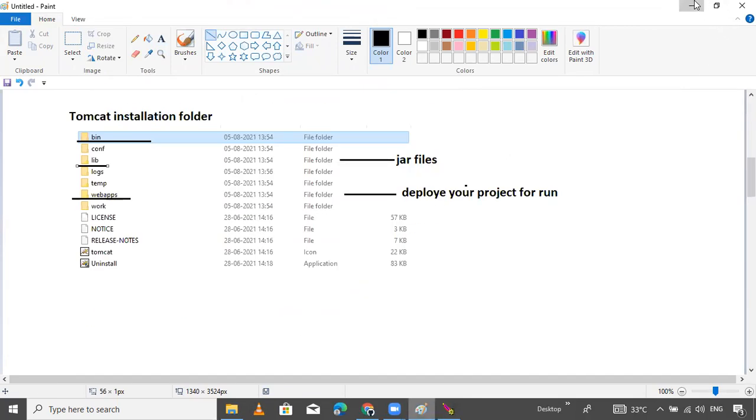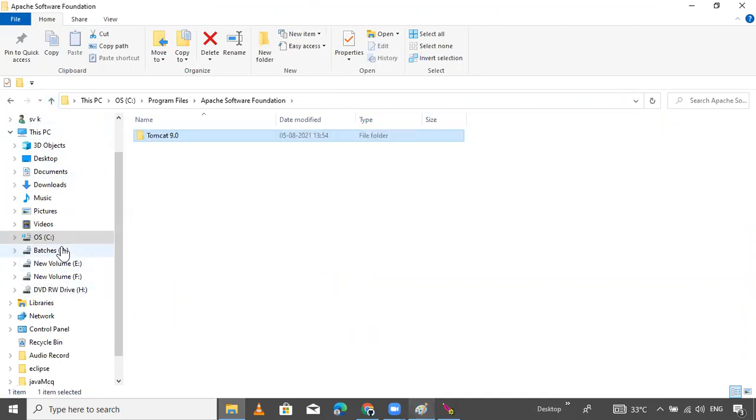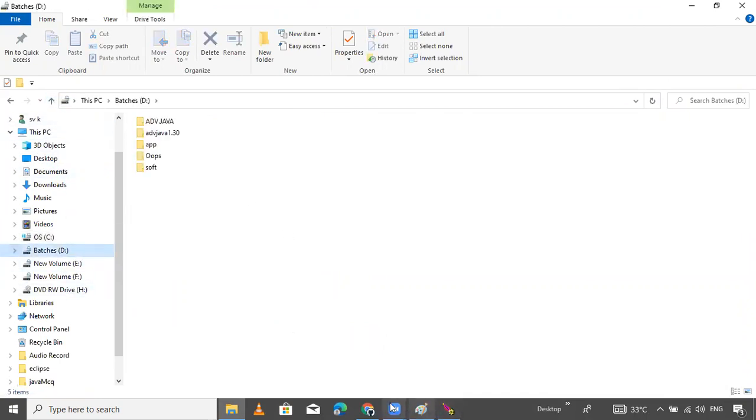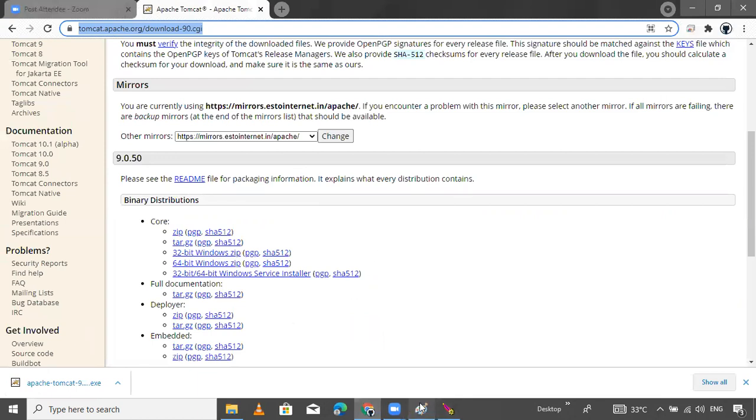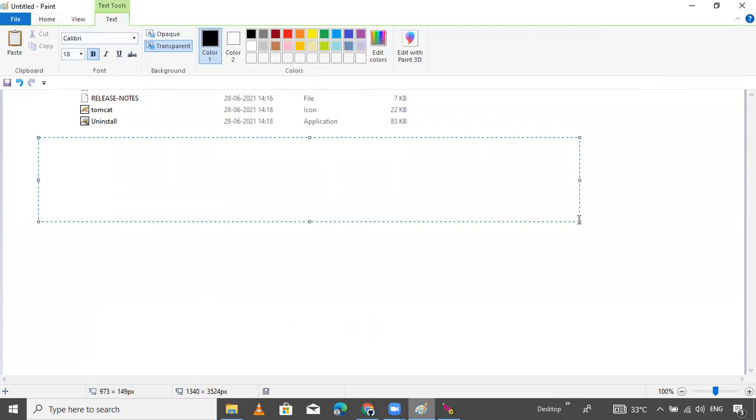And the next thing is how to configure. First of all, before the configuration, let's download the Eclipse IDE. Two is download Eclipse IDE.